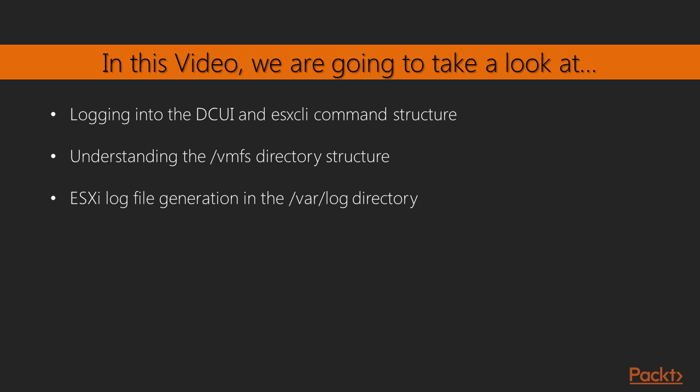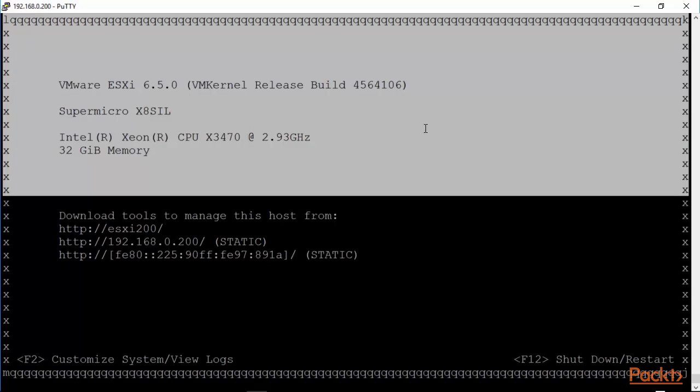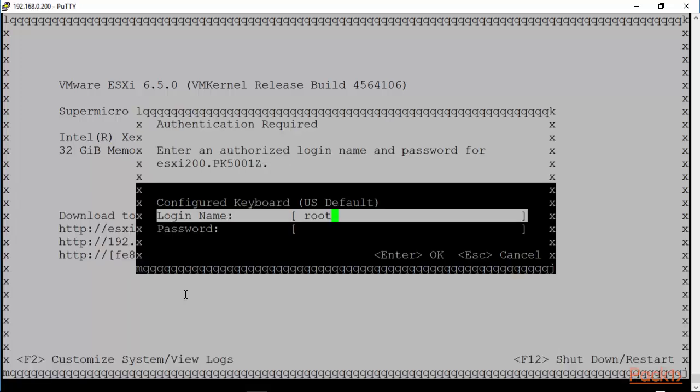In addition, we will look at some of the esxcfg config commands that are likely to be deprecated later on, but at this point are certainly very useful. So I'm logged in to my ESXi host, and one can get into the DCUI, or the direct console user interface, by either being logged in to a terminal that's attached directly to your ESXi host, or you can key in DCUI here